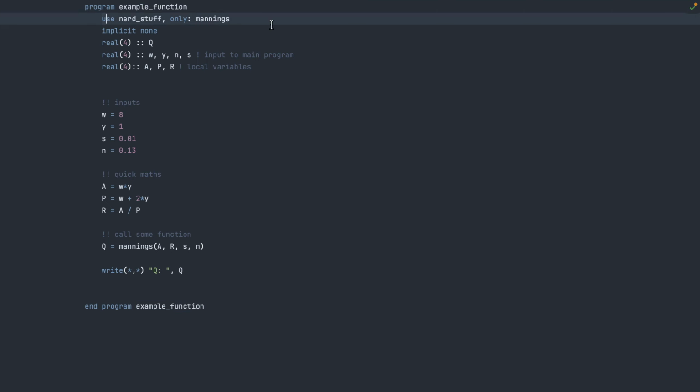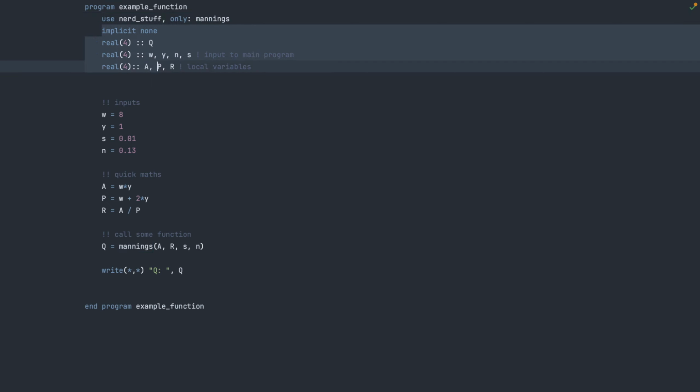In order to use the module, we use this use keyword. So we're using this module. This module only has a single function, so we could just do that. If we have multiple and we only want to import a specific function, we use this only keyword, and we just list the names of the functions that we want. So we only want the Manning's function. And this has to go at the top, and then we just do our normal implicit none,